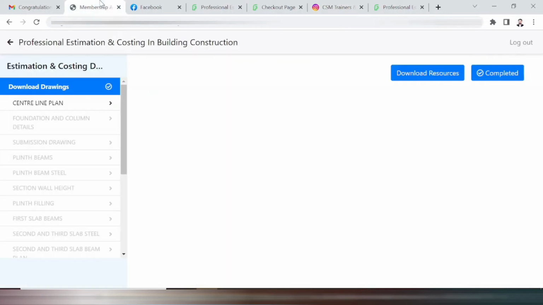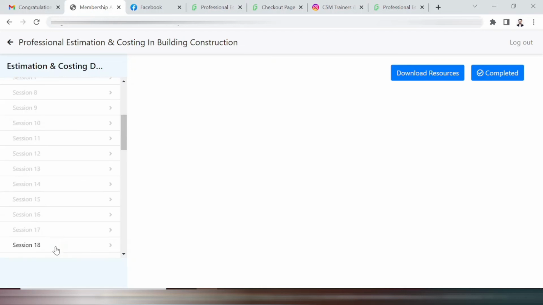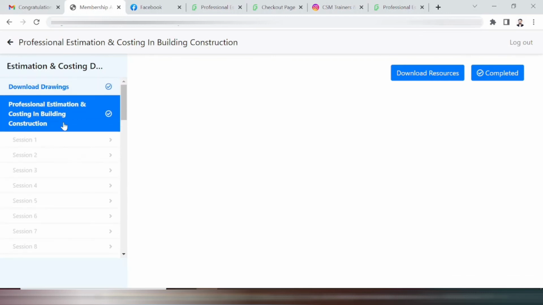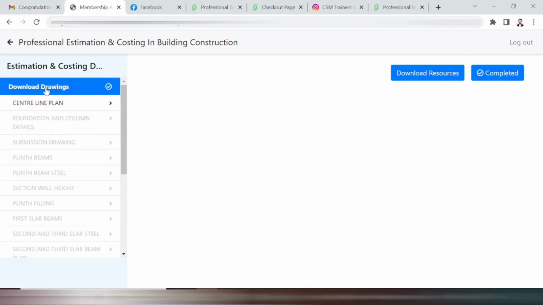Alright, so now once you are logged in, here you can see that there are 2 modules. On the left hand side you can just follow my cursor. Here are download drawings, which is the first module, and the second module is professional estimation and costing in building construction. In the first module you will get to download all the resources related to this course.